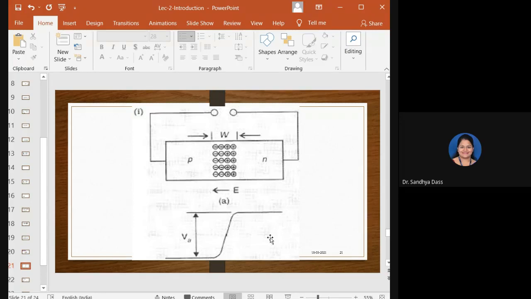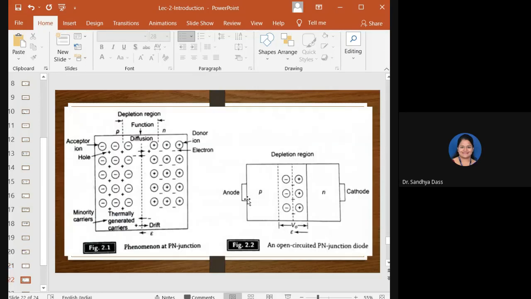All right. So physically, the width of this depletion region depends on the doping level. If the material is highly doped, then the depletion region is physically thin, because diffusion charge needs more space to travel, isn't it? So the width of the depletion region will be very small when the material is highly doped. If the material is lightly doped, then the depletion region will be wide.